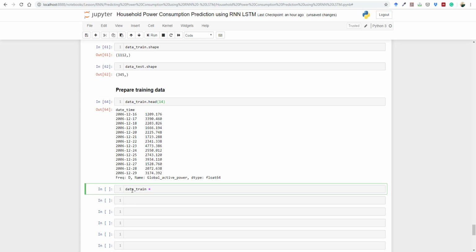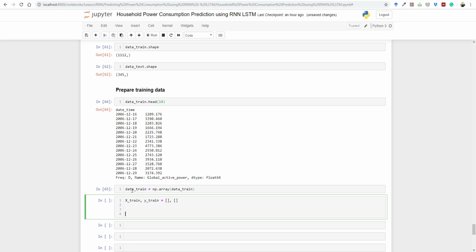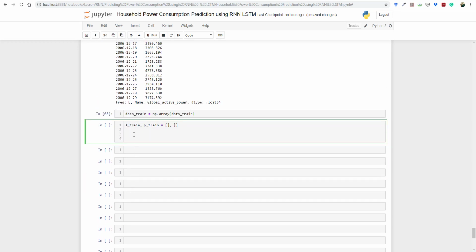data_train is equal to np.array, then here we have data_train. All right, with this I'm going to prepare x_train, and then y_train is equal to two empty lists. Once I'm done with this, then definitely you will understand. Allow me some time. So, for i in